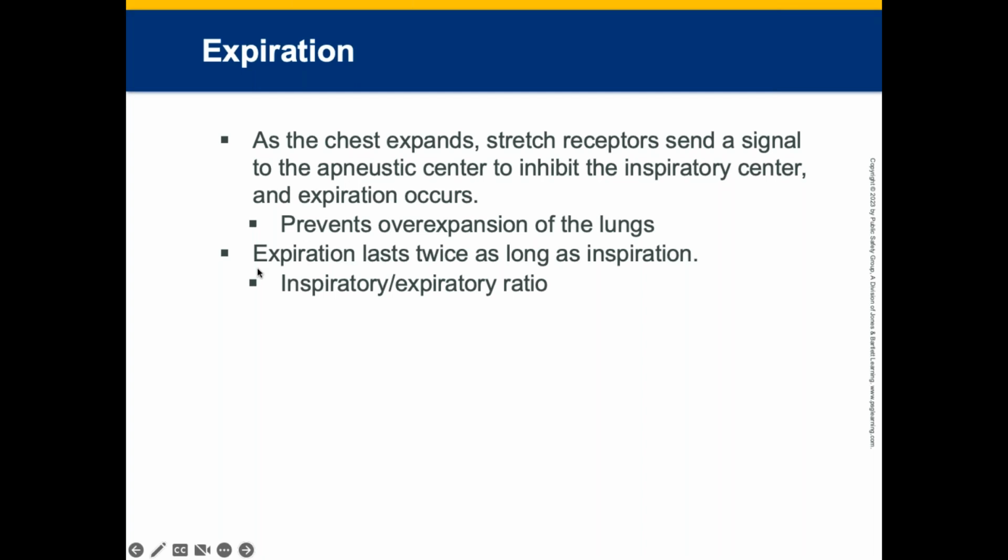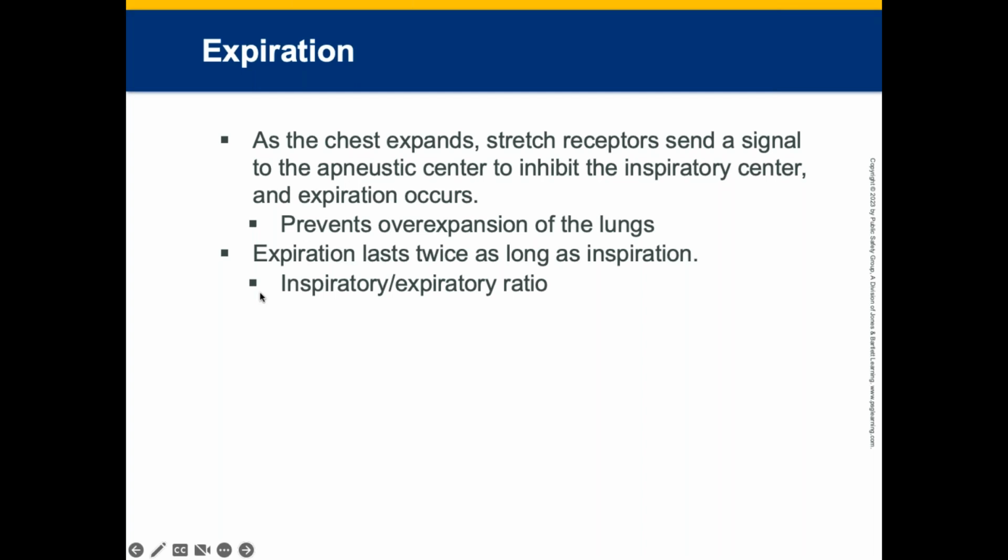So it can definitely be useful to have an understanding of how that nerve actually works. All right. So again, the vagus nerve inhibits the inspiratory center and expiration occurs. Then you have the Hering-Breuer reflex, right, which is an inflation reflex, which is triggered to prevent the overinflation of